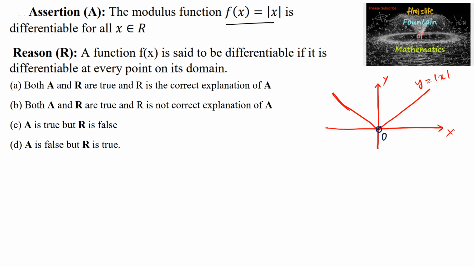Where we can see that infinite tangents can be drawn at the point x is equal to 0, and hence differentiability is not defined. So we can say that mod x, that means y is equal to mod x or f of x is equal to mod x, is not differentiable